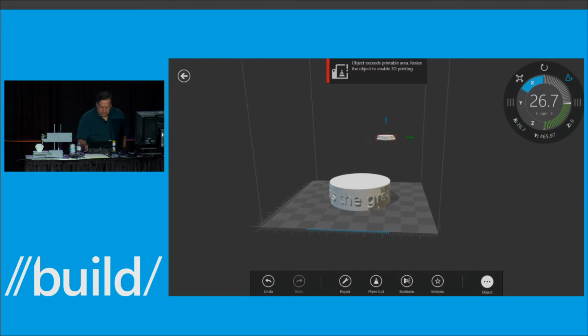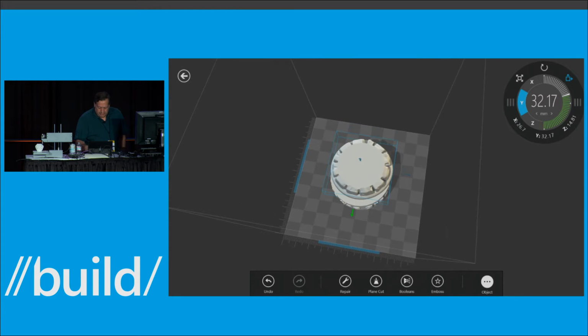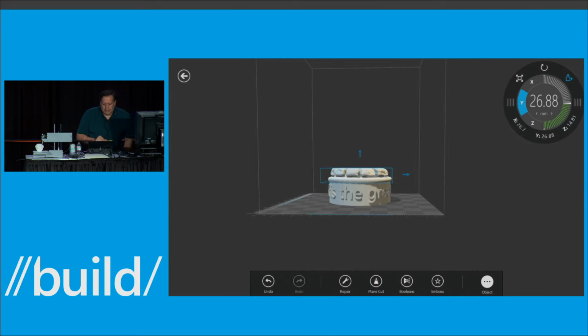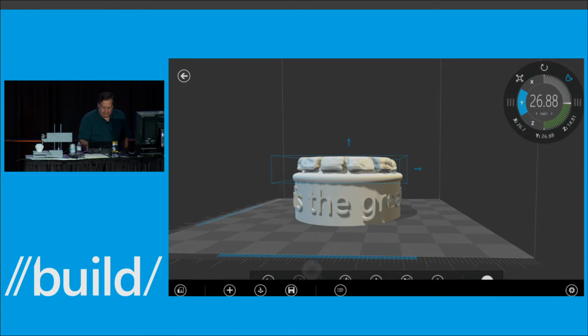Yeah, went the wrong way with that. So let's move it. I'm going to raise it to the top of the pedestal. I didn't get it completely centered, so we'll do a little better job with that. And there. So now the pedestal is sitting on top,